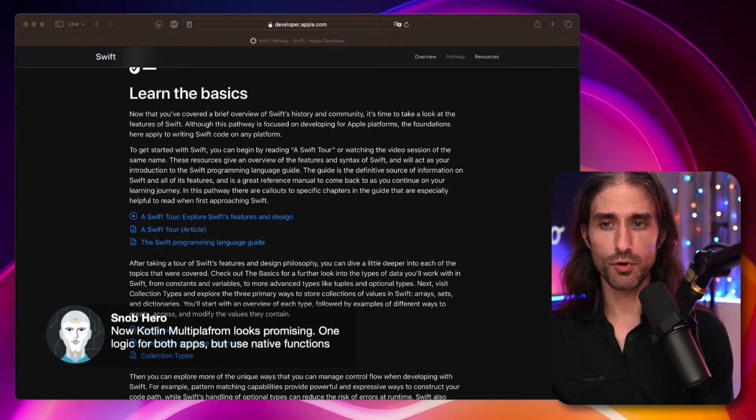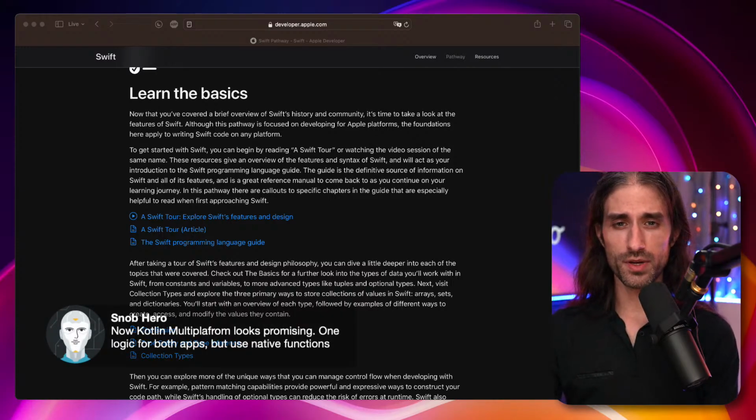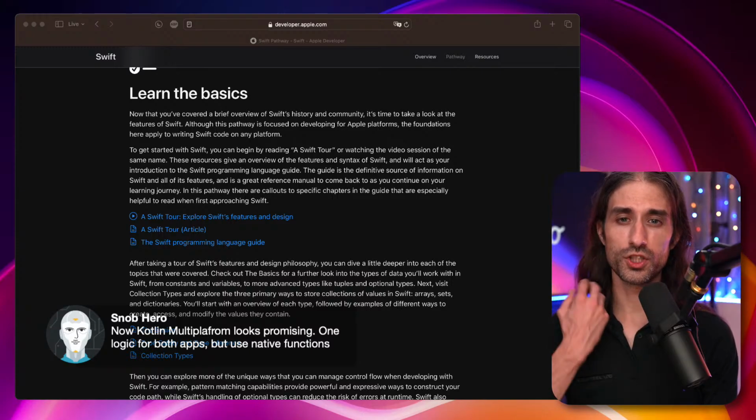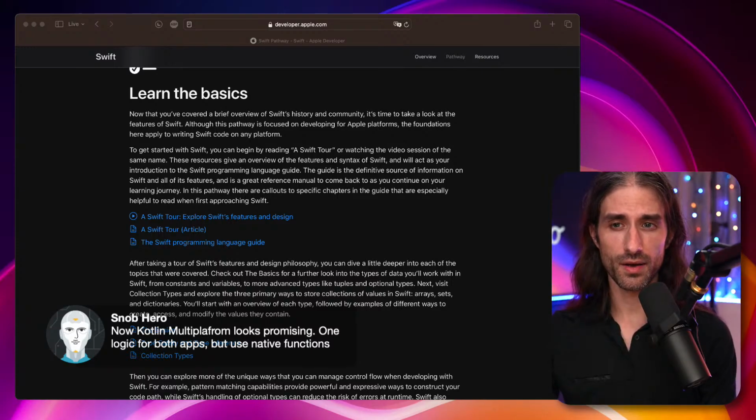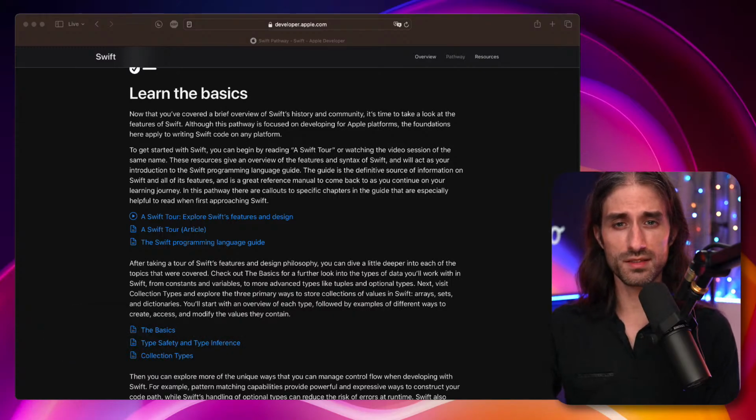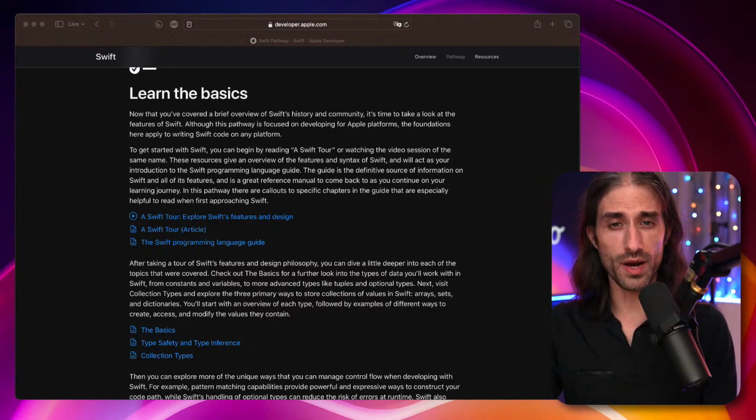Kotlin Multiplatform looks promising, and indeed, it works by allowing you to share the business logic between two code bases. But I think you can still implement the UI part natively, and that makes a lot of sense. Also because there are many successful apps that build their own version of this level of abstraction to encapsulate their engine, their web clients, all of these things. And so this is a good engineering recipe if your project is big enough.